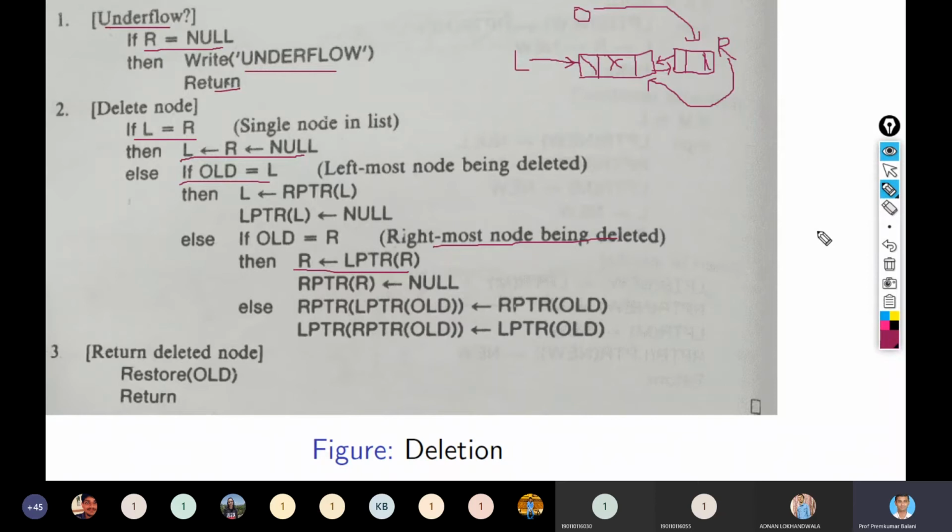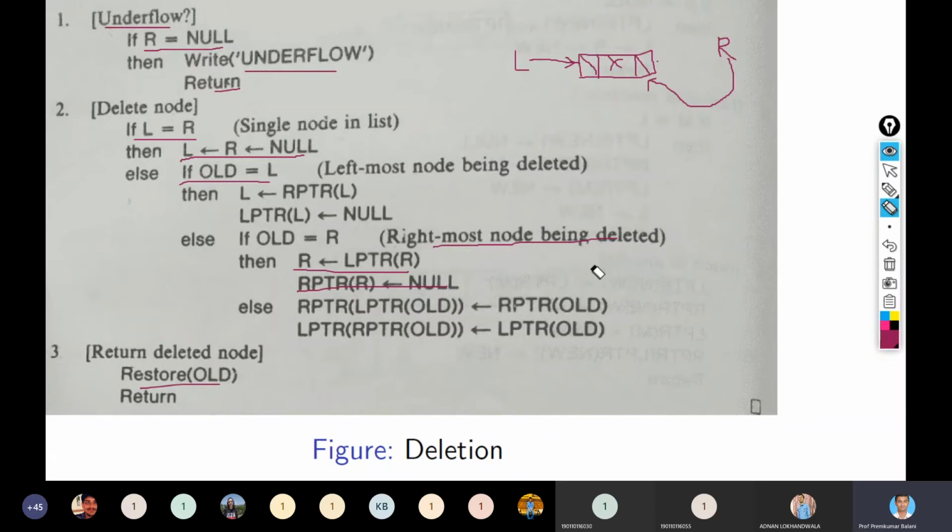So the RPTR of R is this node. Right now it is pointing to this last node. So let me remove it, and it would be now a null. Right, RPTR of R is equal to null, and at last, when we will restore the node, this node will be sent back to the availability step. So this would be the output.